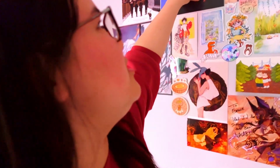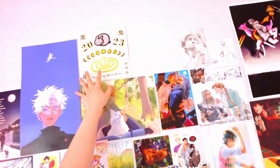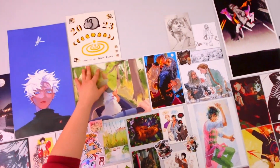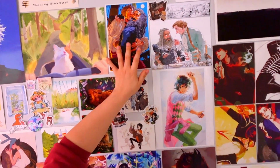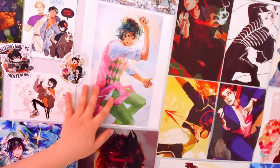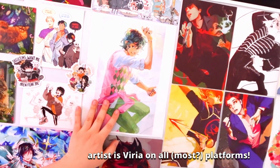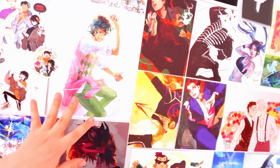I'm so sorry, I don't remember the artist because I tried to find her later, but then I couldn't. This is a nice piece of art that I got from a local art fair. This artist is also at Mocha Fest. I don't remember. This is the official art of Alex Fierro from the Magnus Chase Gods of Asgard series by Rick Riordan. It's not like a print, it's just a color